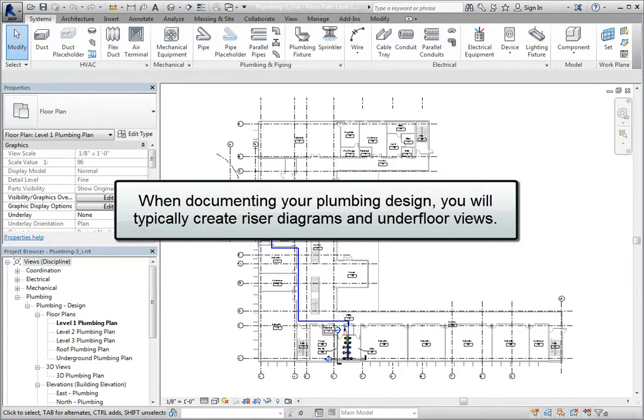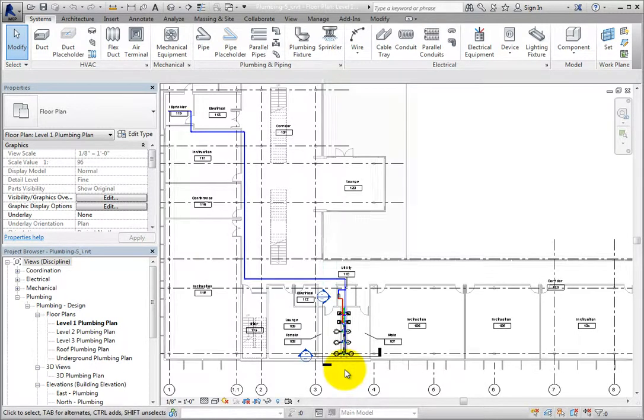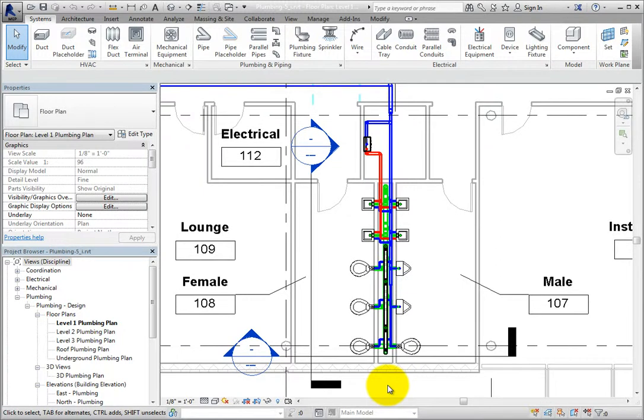When documenting your plumbing design, you will typically create riser diagrams and underfloor views. In this model, there is a restroom group in the south portion of the building. When I zoom into the restroom group, all you can see is a clutter of piping. Even though the pipes are color-coded according to the system in which they are assigned, it's hard to tell which